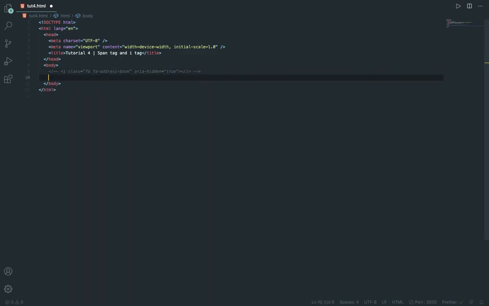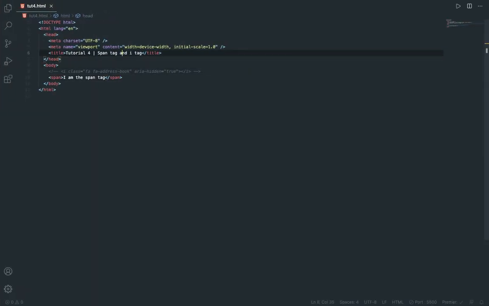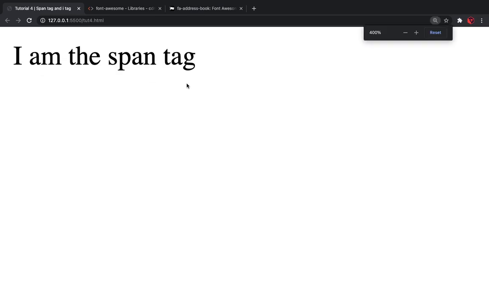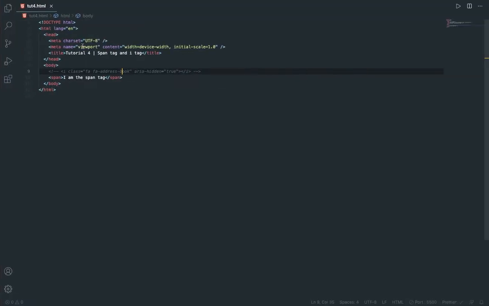Now if I make a span tag, inside this I say I am the span tag. If I go here, I get I am the span tag. Oh sorry, let me also reset. Now span tags, they are also simply used to add